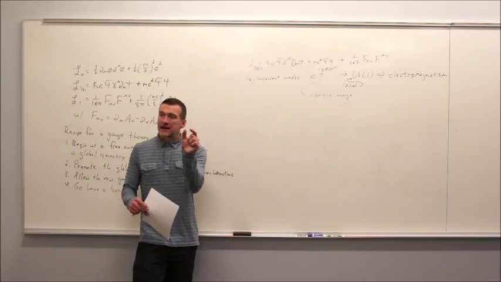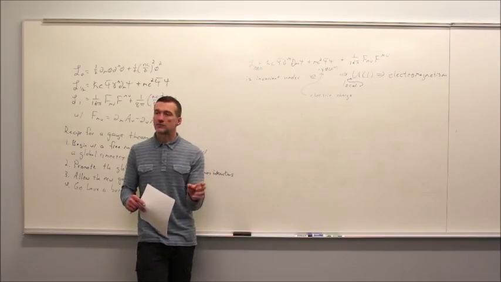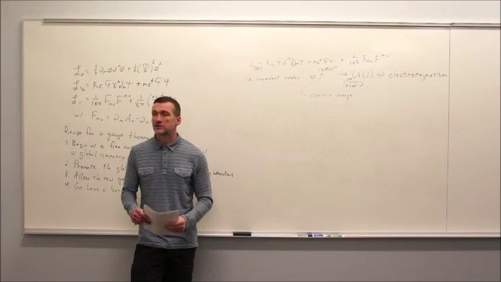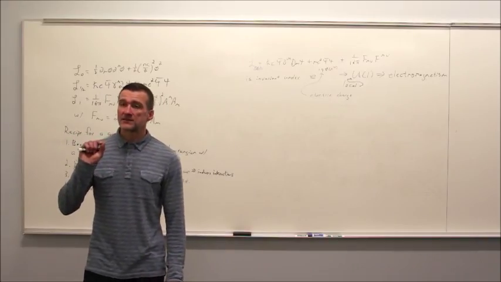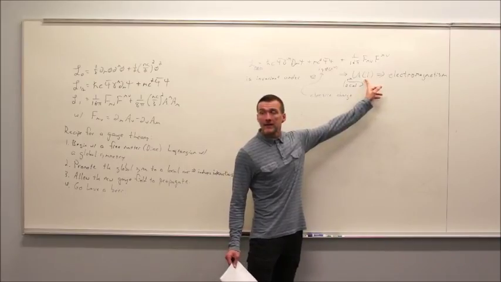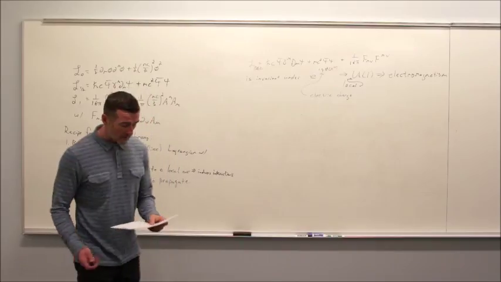If you instead think of psi as a three-component vector in an internal vector space, then your transformation will be affected by 3x3 matrices, and that will end up giving the strong interactions. And we'll see the details of that. It's going to be slightly more complicated because of the fact that this is an abelian group, and those other two cases are non-abelian. And I'm going to talk a little bit about that now, actually.